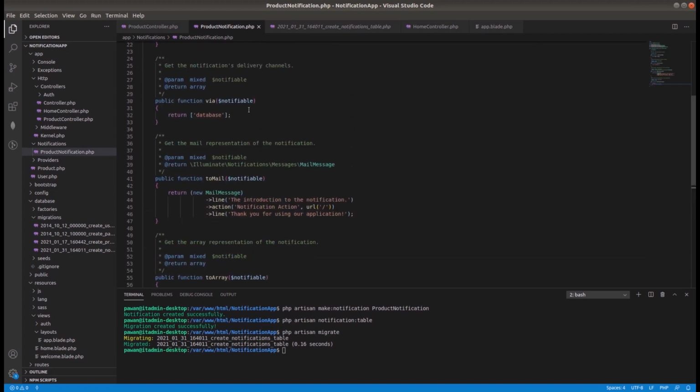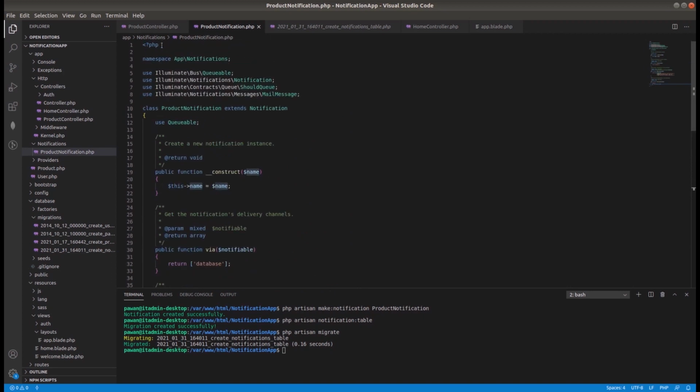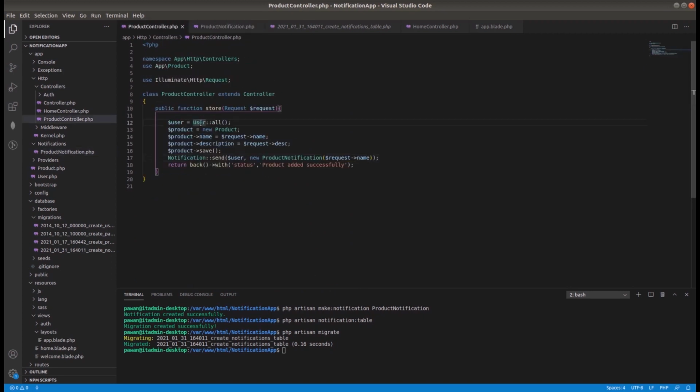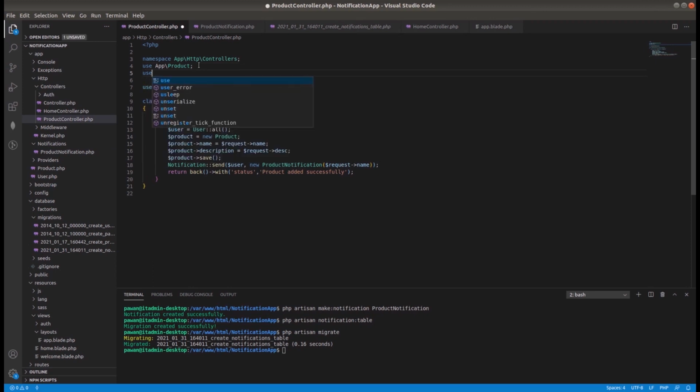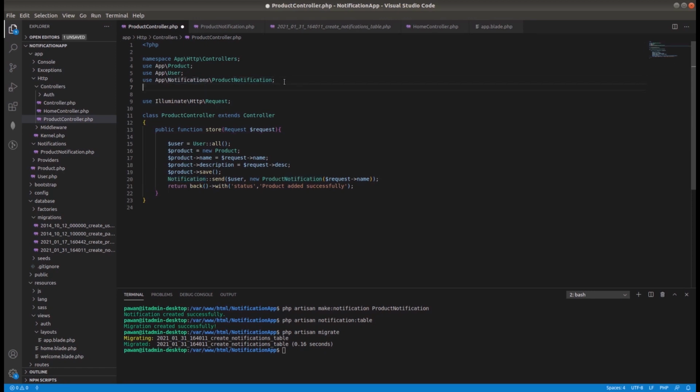So let's check if we have written everything correctly or not. Here we have written a name, and here we are using User, so we have to import the User model, and this ProductNotification, from App\Notifications\ProductNotification, and this Notification from the facade.